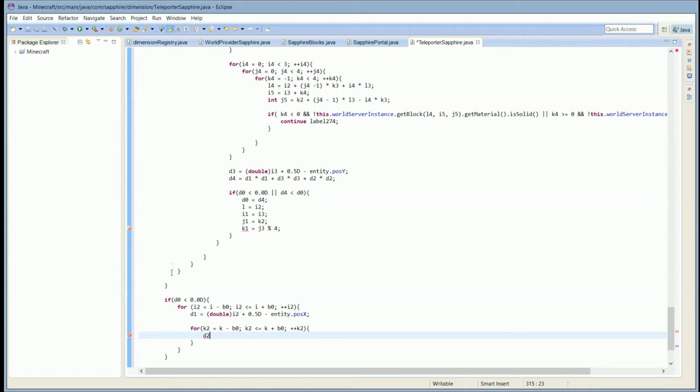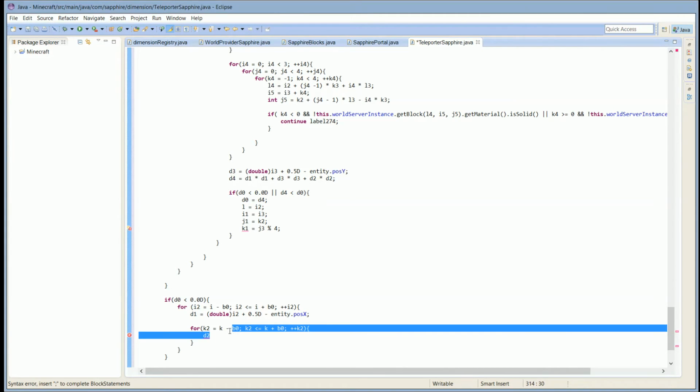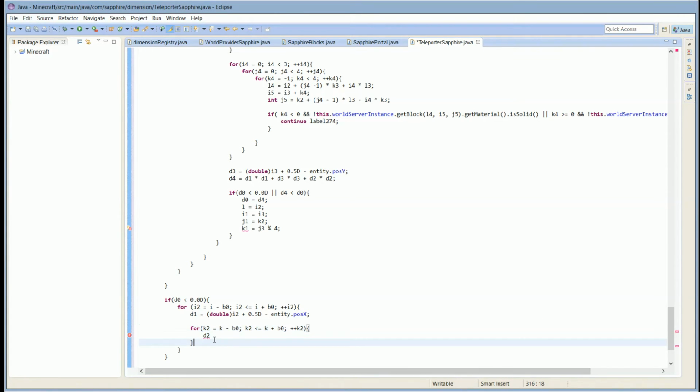wait, am I looking at the right thing? Let me make sure, because this seems like it was a repeat of what we did up here. Oh no, this is in an if statement. Oh, that's why. Yep, my bad. So it is the same thing as we did earlier. However, this is saying to do all this